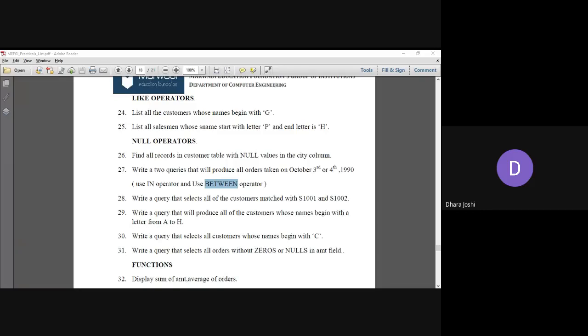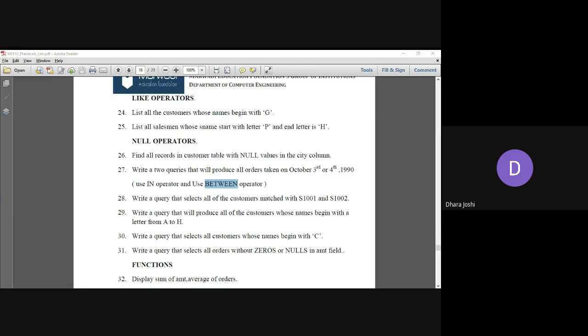There is one more way of doing the same example. This is the simplest one. But we know that sometimes we can use the underscore character and we can use that too. So I'm writing here in the chat box the other solution, which is somewhat complex. Select star from order 1 where to underscore character. So we are taking order date from order 1 table in the format DDMONYY, and we are writing this as 03 October 90, 04 October 90.